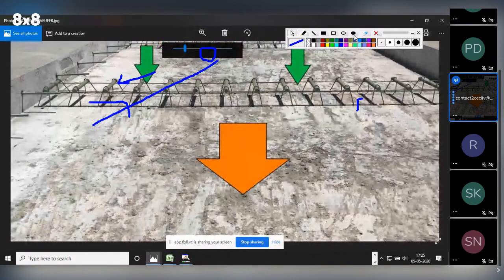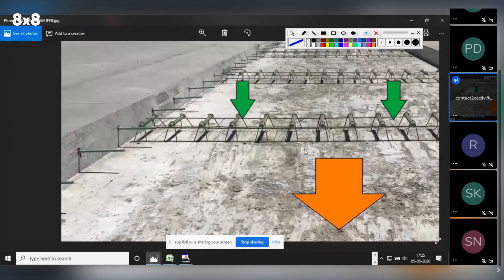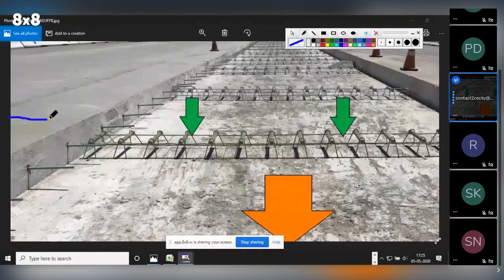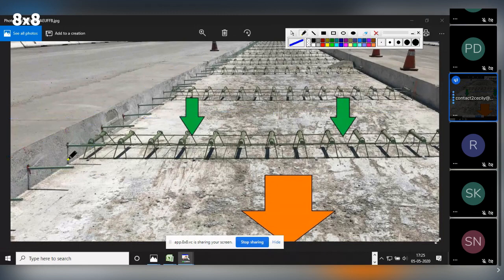See, these are the dowel bars, whereas these are your tie bars. Here one transverse joint ends, so another transverse joint will start from here, whereas this is your longitudinal joint. Along the longitudinal joint, some reinforcement will be provided like this. Half of the reinforcement is inside this slab, half will be in this slab. So these reinforcements are the tie bars. Clear?